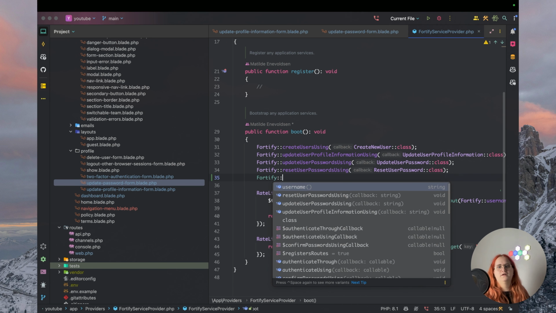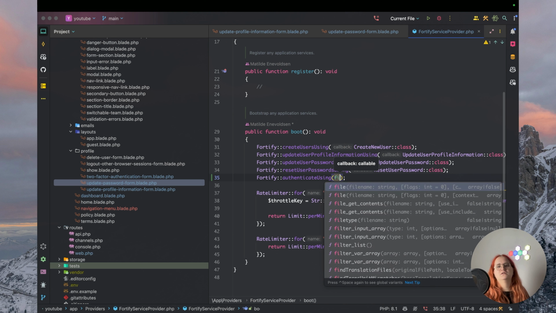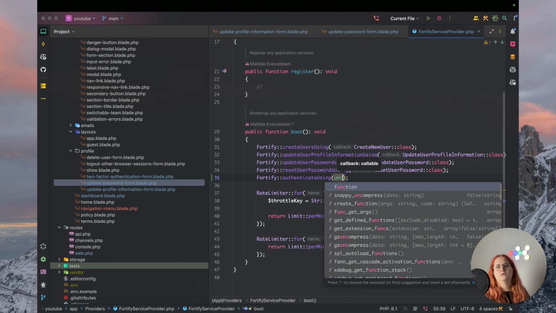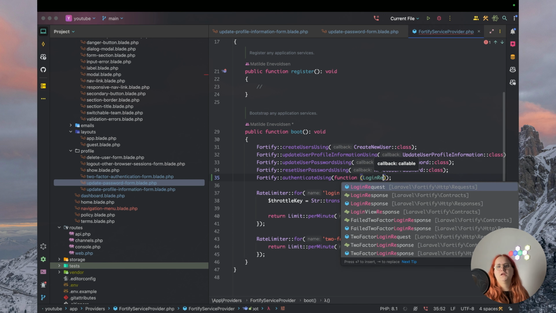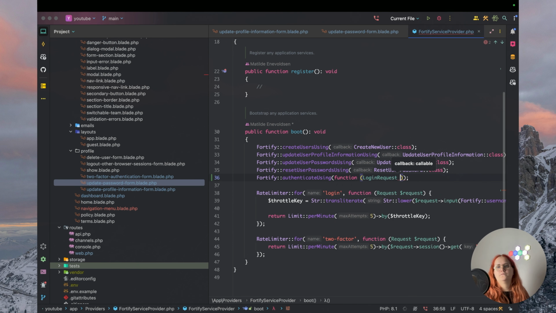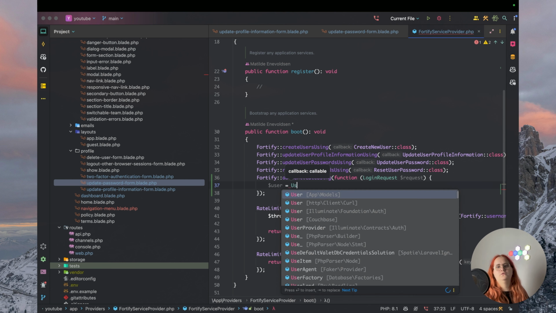So Fortify, authenticate using, we want to pass through a closure here. And it takes through a login request as a request. And then here we just want to make sure we have where a user equals to user,